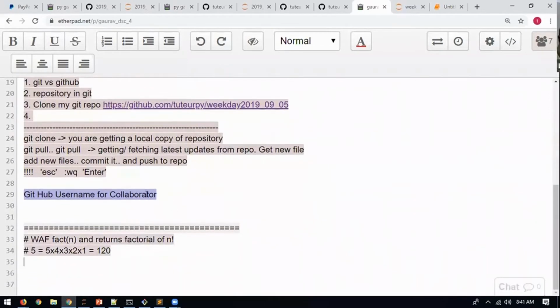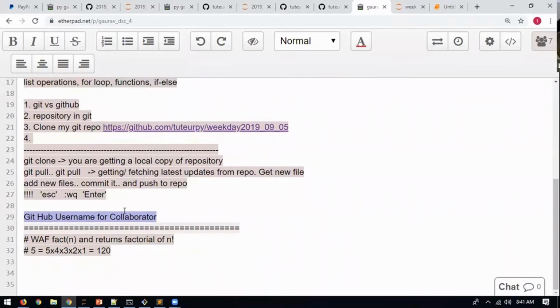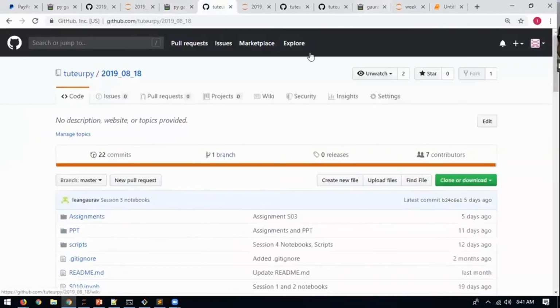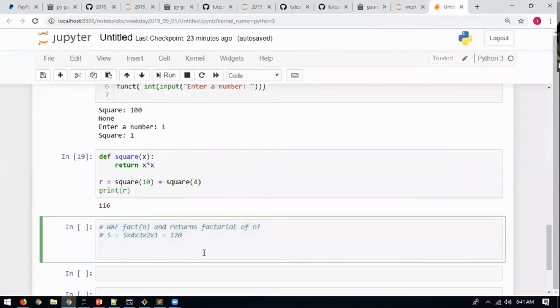Okay, the pad is already clear. We'll try quick and paste your solution, whatever code you are writing.